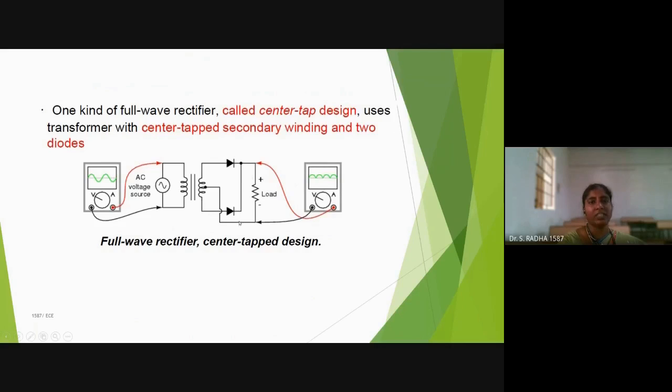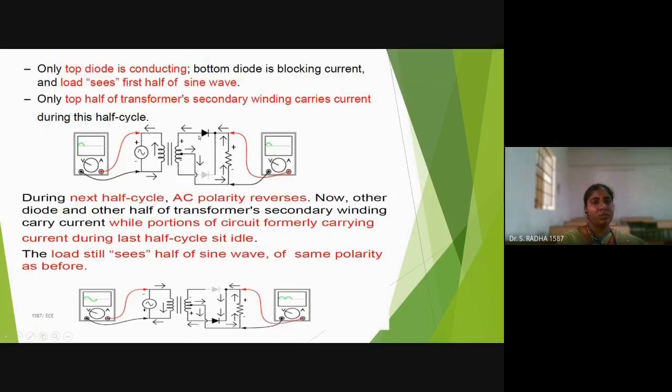And alternatively they will work. One diode on means the other diode will be off. And this is how the same output waveform is coming in the center tap full wave rectifier also. Now what I told you in the center tap: when this diode is on, the other diode will be off. For the negative half cycle, the downward diode is on and the upward diode will be in off state, and this is how the second cycle comes, because it is forward bias for this diode.